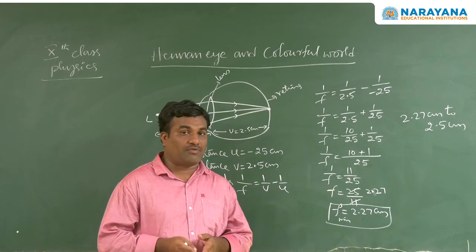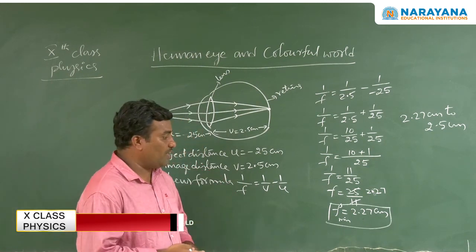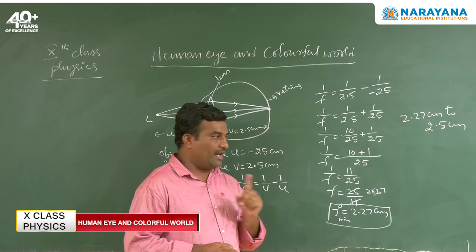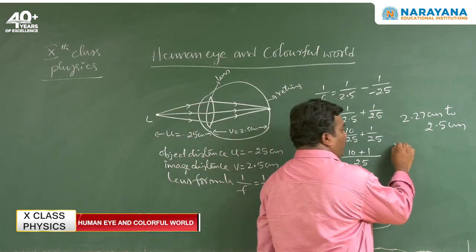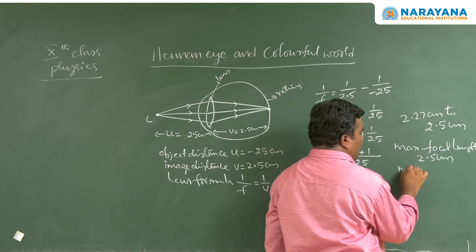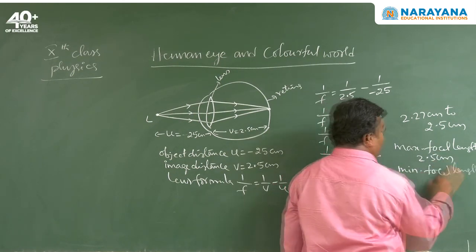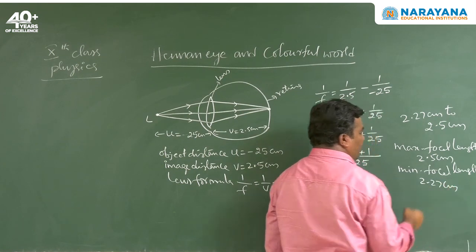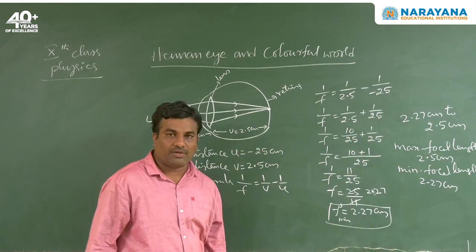Maximum focal length is 2.5 centimeter and minimum focal length is 2.27 centimeter. In between, the focal length is adjusted, and we are getting